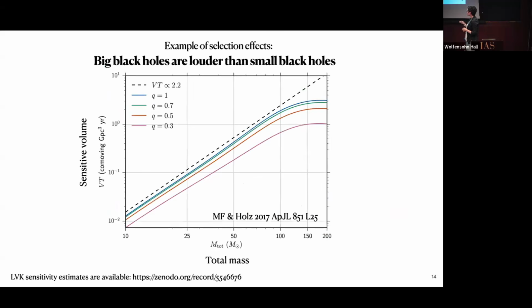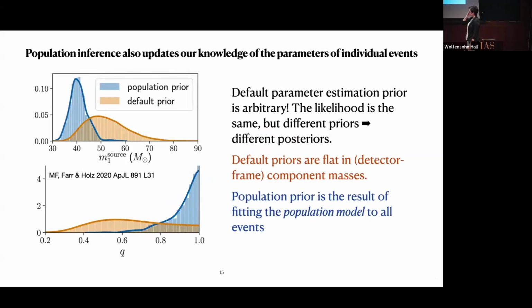But for now, I thought I would move on to show you some of the population inference we have. I guess just after one more thing. I talked about the selection effects, and here's another, maybe simpler, way of seeing that than the VT plots with the circles and the green and yellow colors. If you have your VT as a function of total mass, it'll end up looking something like this, which is another way of seeing that the bigger black holes are louder than the smaller black holes and will give you a higher VT. Okay.